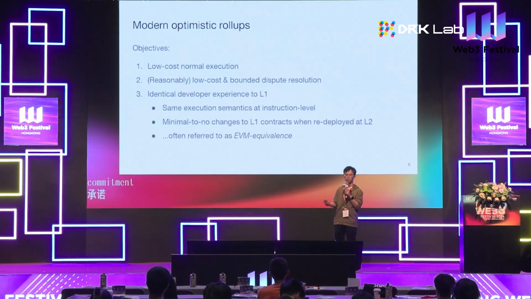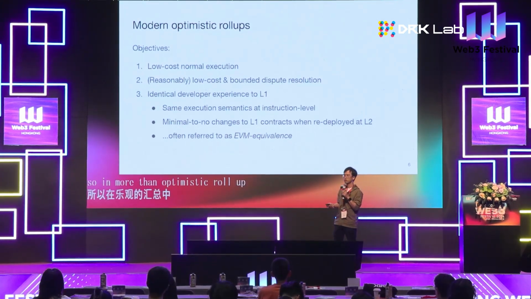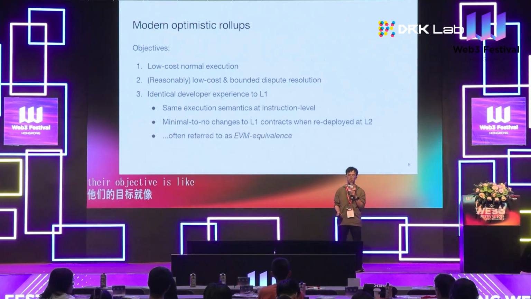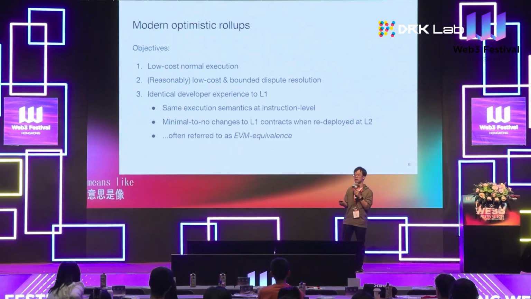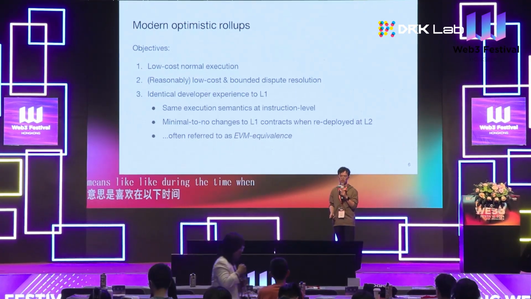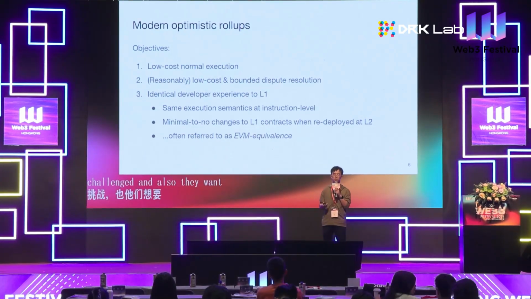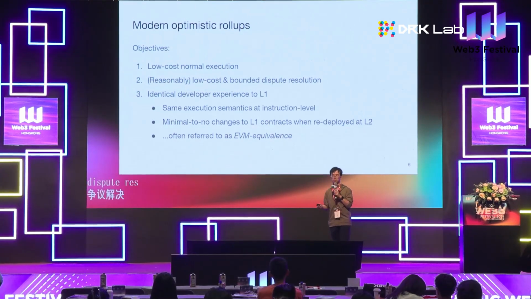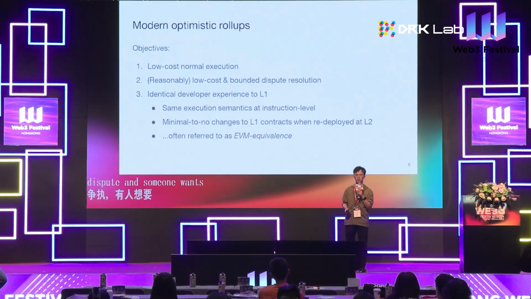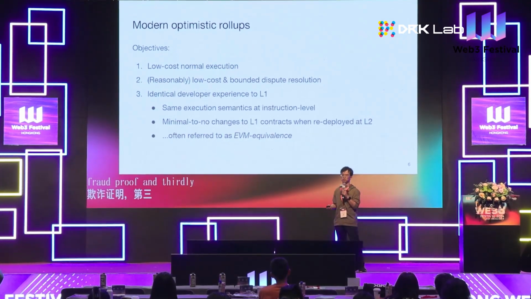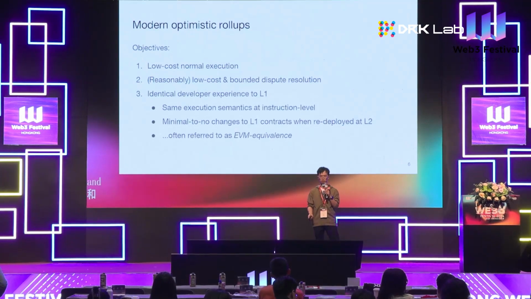In modern optimistic rollups, the objective is, first, a low-cost normal execution, which means during the time when the commitment is not being challenged. Also, they want reasonably low-cost and bounded dispute resolution when there is a dispute and someone wants to submit a fraud proof. And thirdly, they want an identical developer experience to L1,